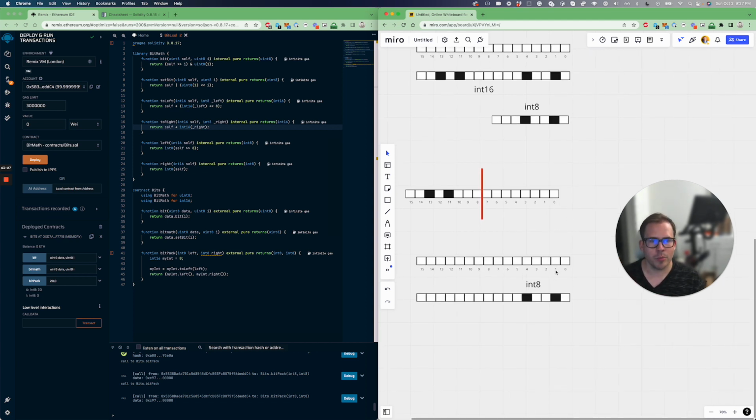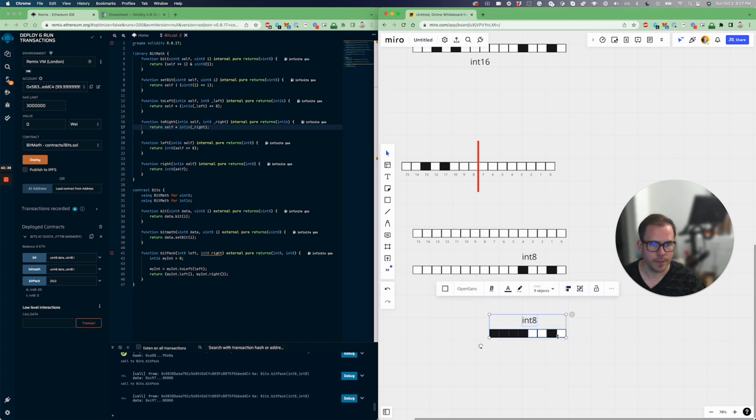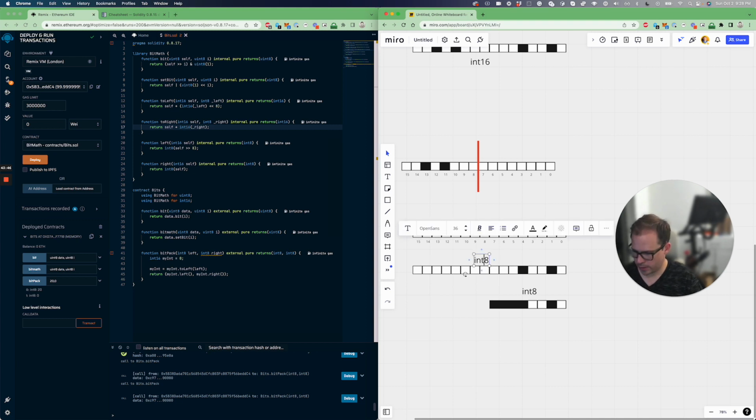If you have a negative number, like int 8, let's just say that was negative, what you're going to find is when it comes in, let's start up here, you're going to have a lot of 1s in the negative number, right? So let's say that this is a negative number right here. That's what comes in. When you upcast a negative number, int 8 to int 16, so this whole thing is now int 16, right? When you upcast